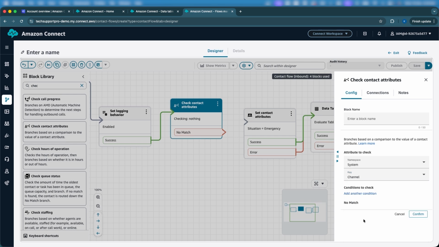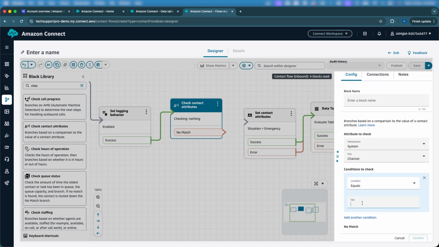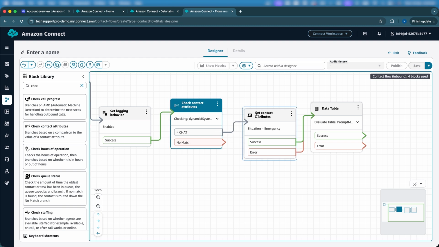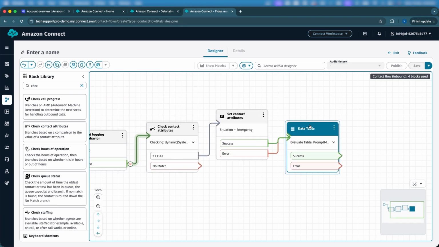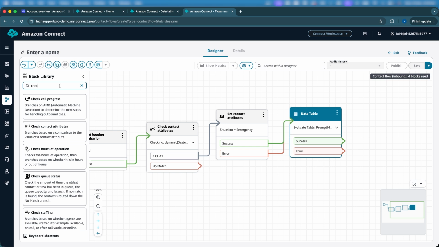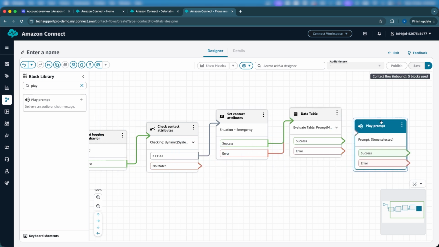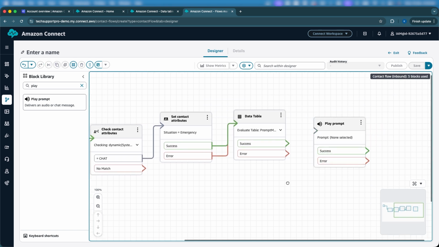So if this equals, say, chat, we are setting the situation to emergency. If no match, if this equals chat, let me do display prompt, and then I'm going to use the message coming in from these two, show us. But if it's voice,